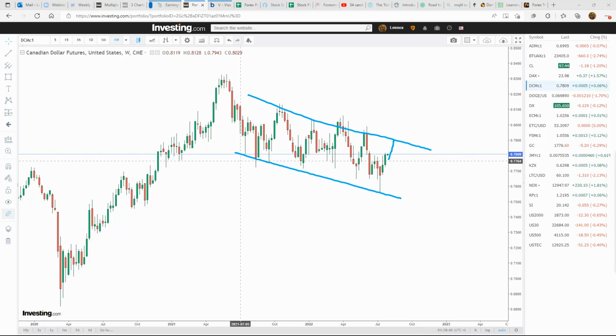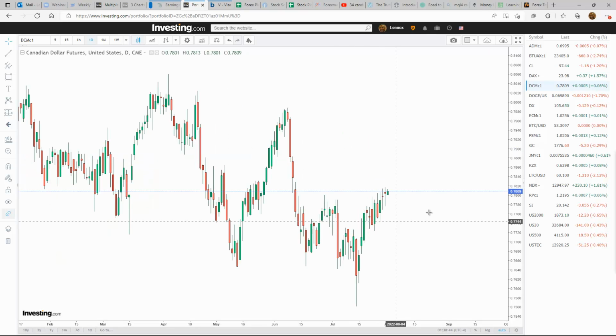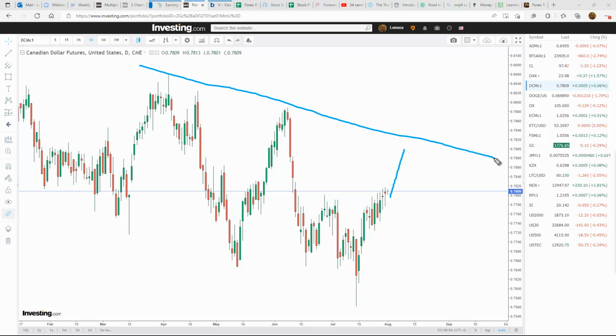So in the short term, we're in an overall move to the upside, and that would bode well. With US dollar weakness, we more than likely see some strength in the Canadian dollar. We could challenge the previous highs up here, and come back into that level, certainly. Okay, so strength in the Canadian dollar going into the week.